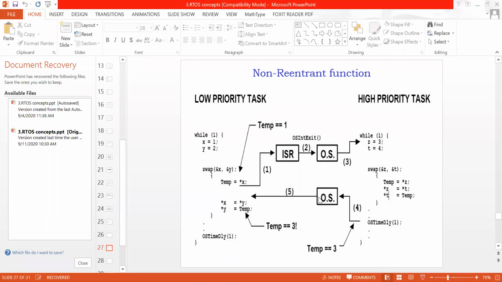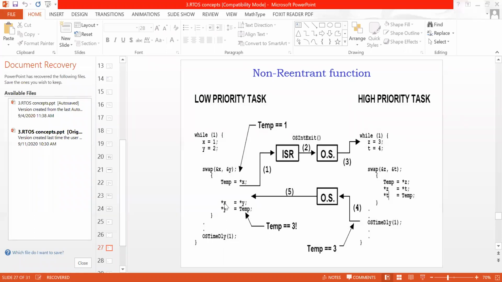But when you come from the high priority task to the low priority task, now you have to copy the contents of y into x. Now what is the content of x? Can anybody tell me the contents of x here? Copy the contents of y into x.